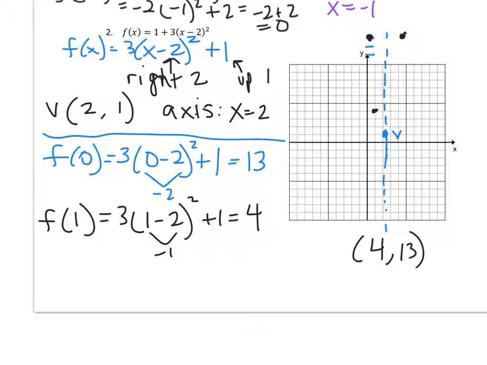And if I look at the mirror image of my other point, the 1, 4, that's 1 unit away from my line of symmetry. So if I do 1 unit the other way, that would give me another point of 3, and then what is the y? 4. So each of those are 1 away from my vertex. And if I connect it now,